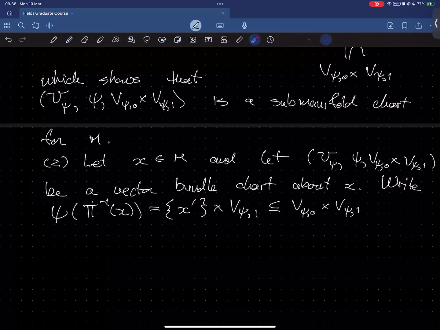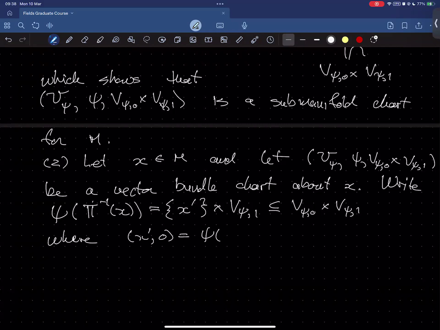So that's the definition of the fiber, right? In the vector bundle chart, it's the set of all points which look like this. And x prime is just going to be the image under the chart, so let me write it like this, where x prime 0 is psi of x. Because I know that x is in the base space, when I map it under a vector bundle chart, it's going to look like this for some x prime. Okay, good. So since psi, in particular, is a homeomorphism,